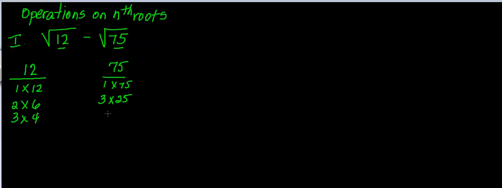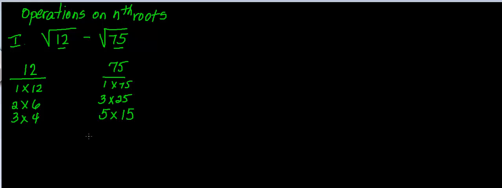So 3 times 25, 4 times nothing, 5 times something because it ends in a 5. So this must be divisible by 5. 5 times 15. 6 times nothing, 7 times nothing, 8 times nothing, 9 times nothing, 10 times nothing, 11, 12,